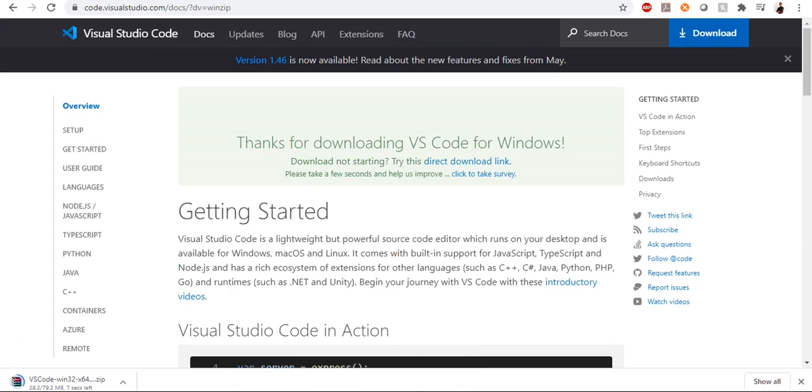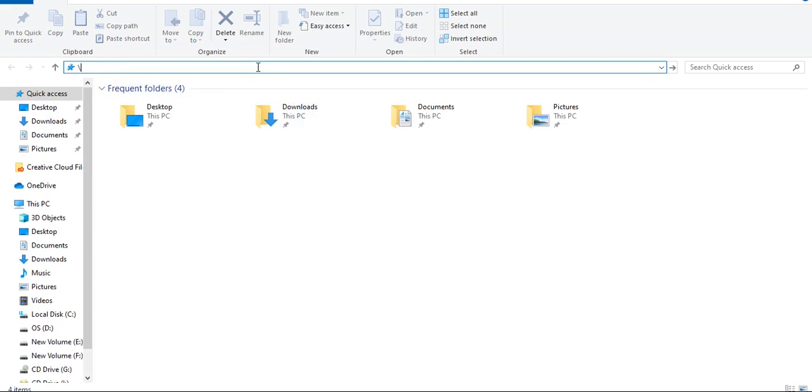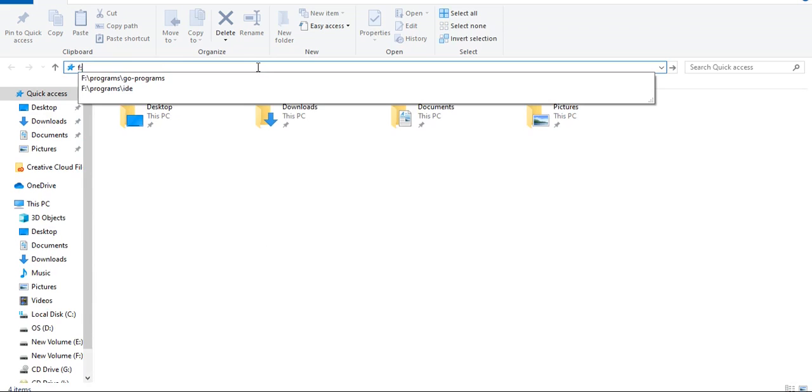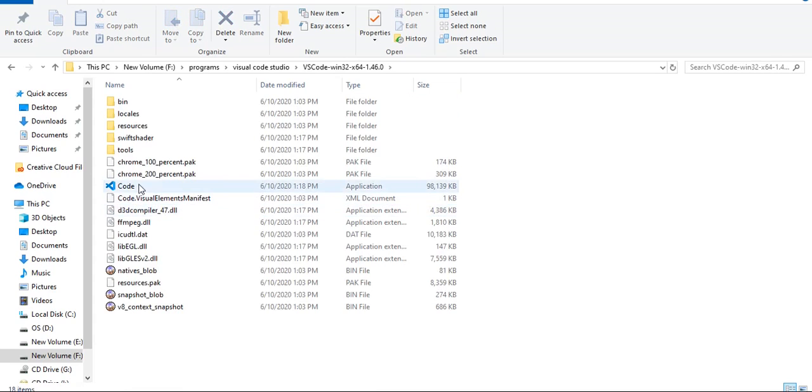A zip folder will get downloaded, then extract it. I have extracted it, and this is the .exe executable file. Just double click on this.